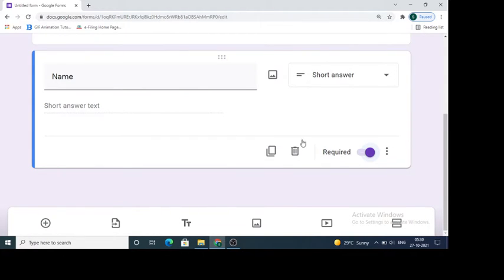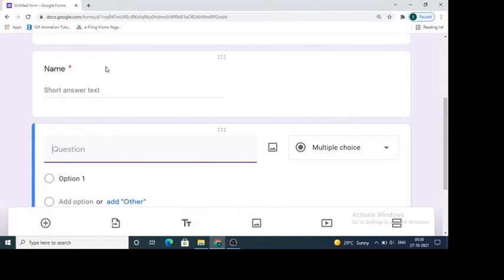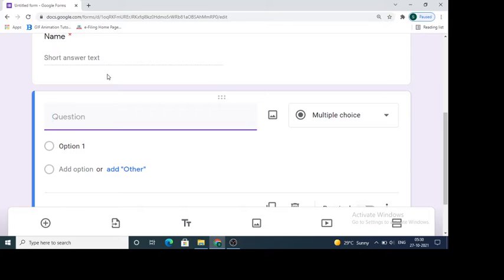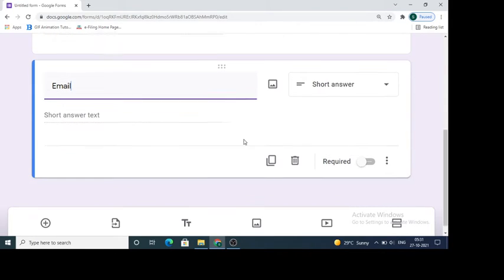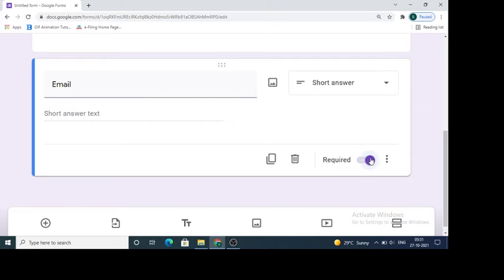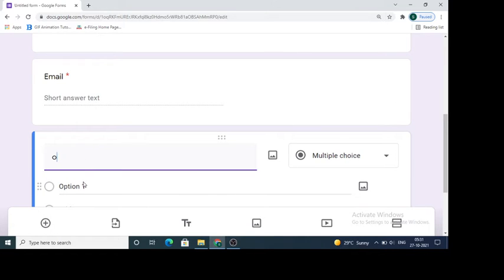Then we will click on plus. We will take email. Again we will make this required. Then we will again ask organization.